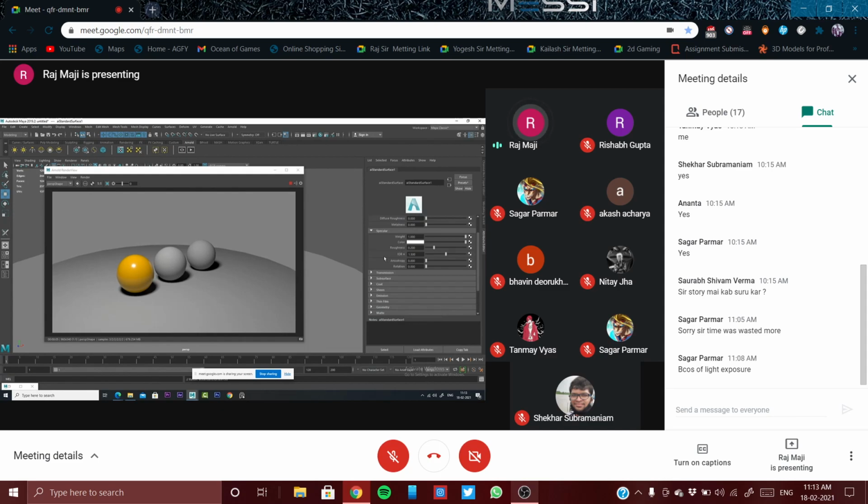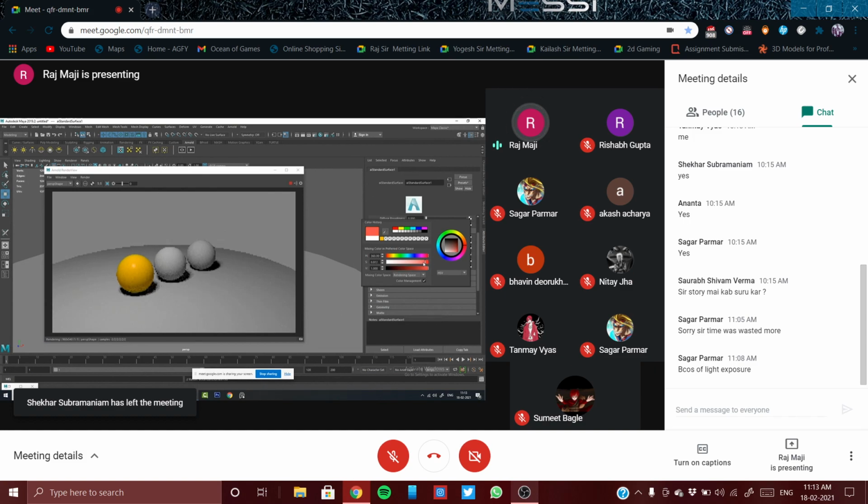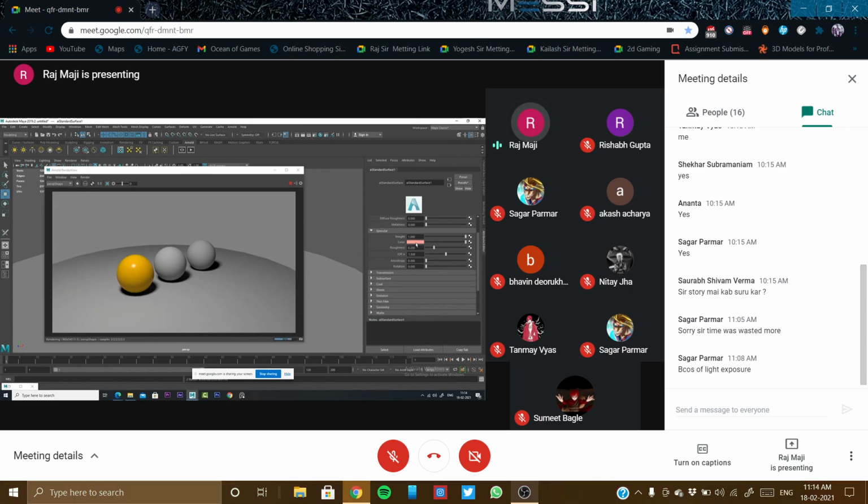Now let's go to the specular. So this is the specular weight. All the properties you already know, in software render you already have seen. This is the specularity, and this is the color of it. Suppose this is a little bit pinkish color, you can see you're getting a pinkish color over there. Most of the cases it will be white only, and this is the roughness. This is very important. This roughness and that roughness are different. This is the specular roughness.